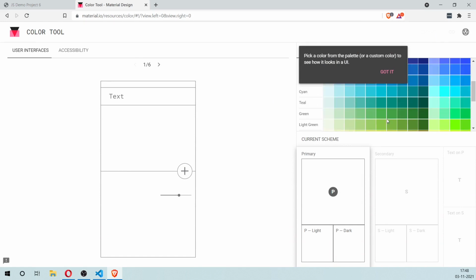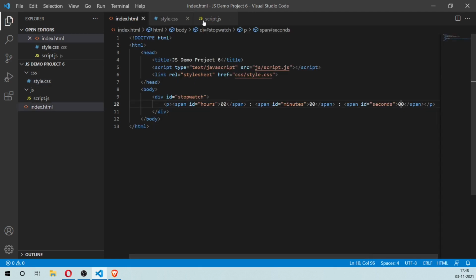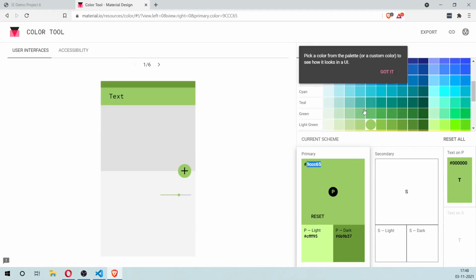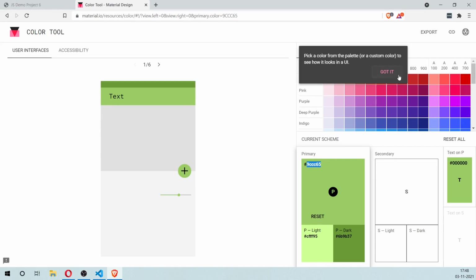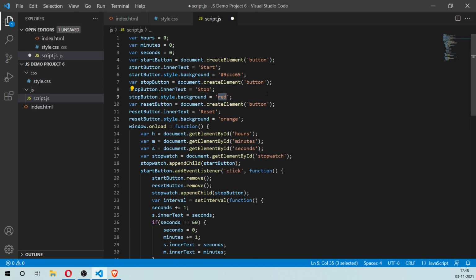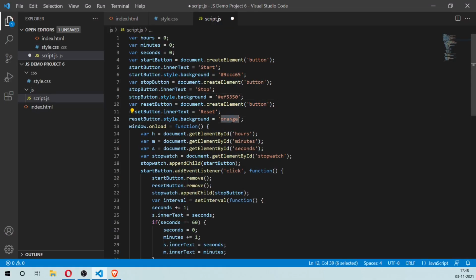So here you can choose a particular shade of green, and we have the hex value here, and you can just say I want that particular green on my start button, and also I want a particular shade of red on the stop button, and I want a particular shade of orange on my reset button.